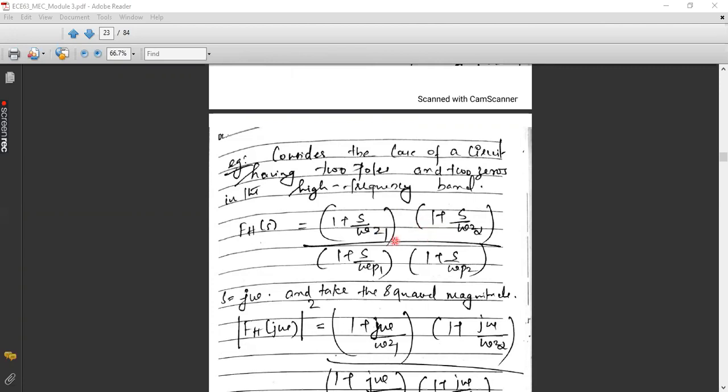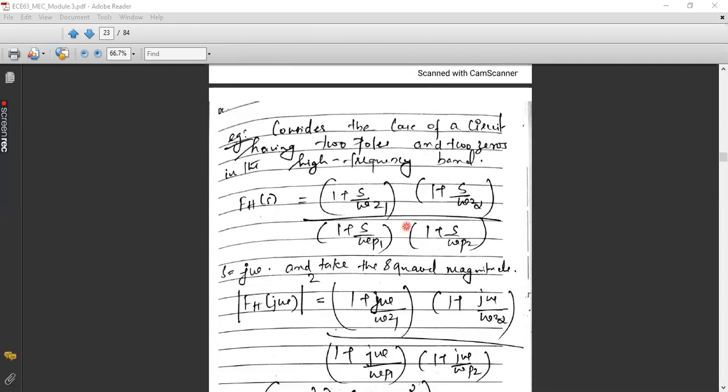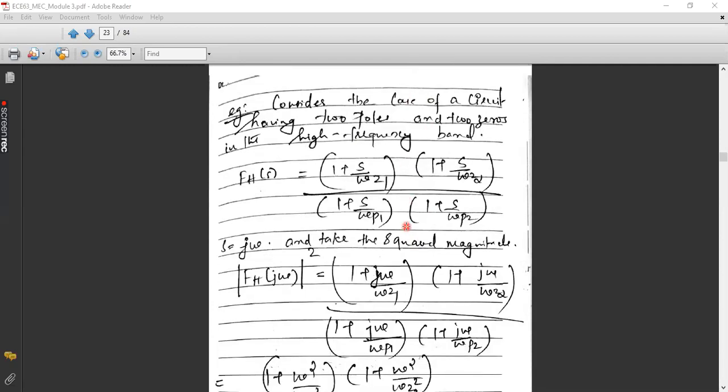So right now I'm taking only two factors in both numerator and denominator. Why am I going for this analysis? Because my dominant pole concept is not satisfied for this particular example. If there is no dominant pole available, how are we going to compute the cutoff frequency? That is what we are going to discuss. Is the objective clear for you? Can I proceed?